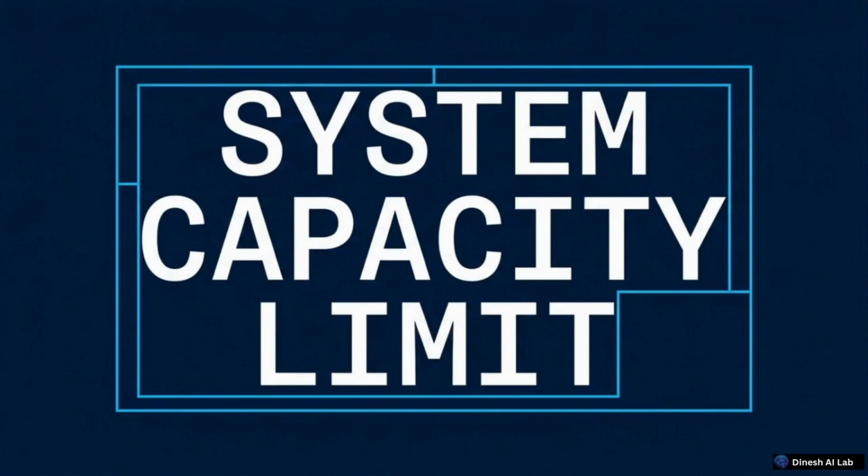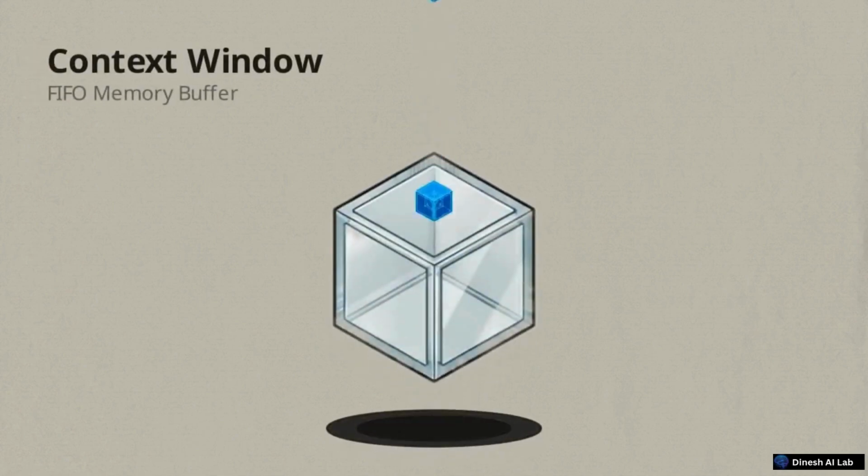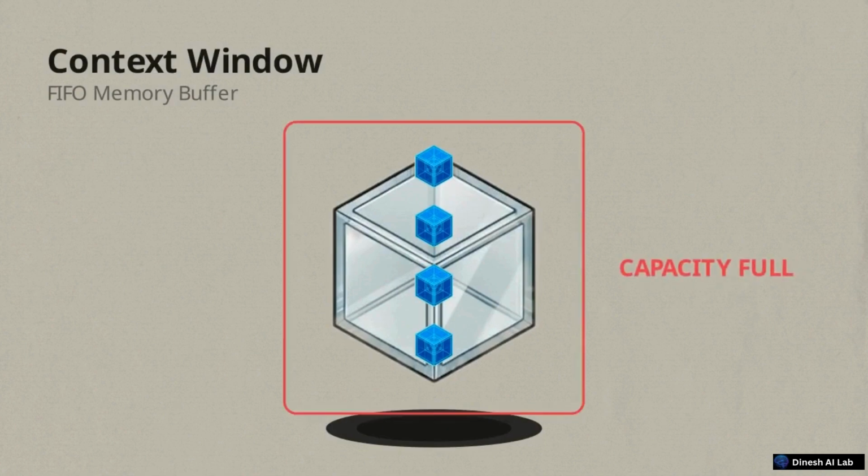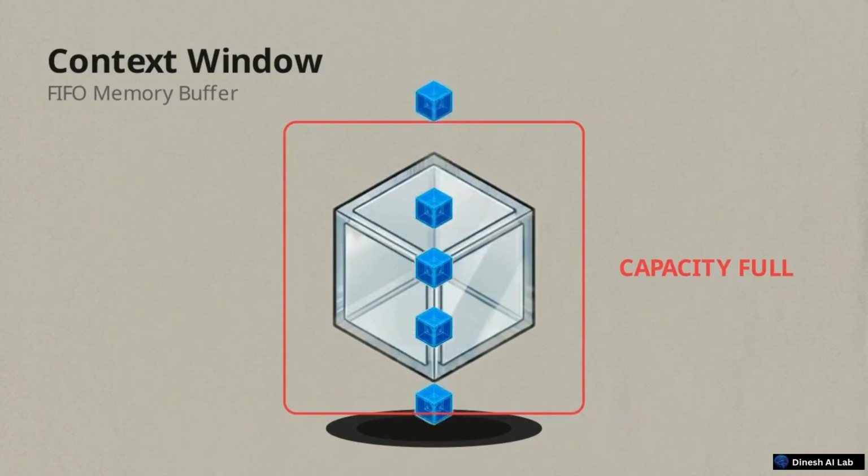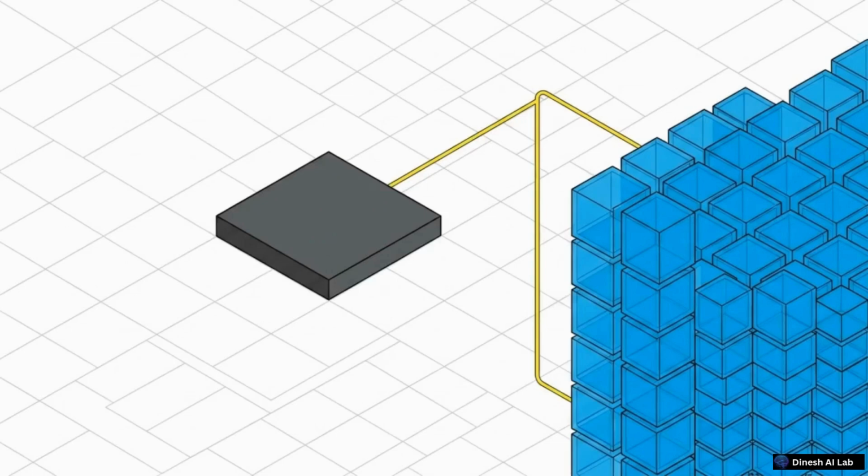Think of the context window like this container. It has a fixed capacity. Once it's full, the system hits a wall. To make room for a new message, the oldest information is mechanically forced out the bottom and deleted forever. Because an AI must forget its past just to process the present, personalization requires a system that functions outside of